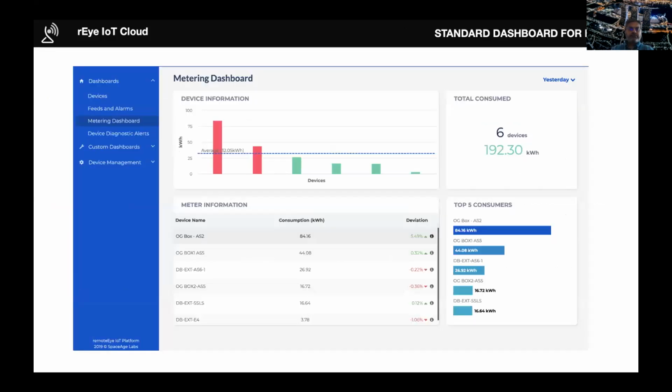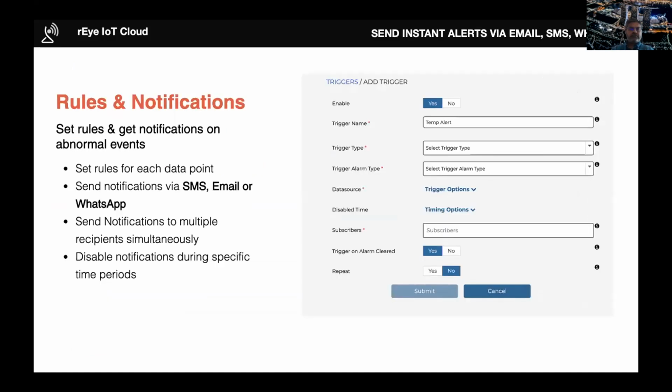We have some ready business intelligence tools as well. So for example, if it is meters, so if you define your data feed as a meter, it automatically generates a metering dashboard, right? So we have some such dashboards which are pre-built, so that as soon as you define the data type, it launches that kind of dashboard. Rules and notification, this is very important, especially for the maintenance team. They want to understand what is happening with their assets. And a lot of times these people are not in the control room. They are walking around, and they would like an SMS, email, WhatsApp, a Telegram notification.